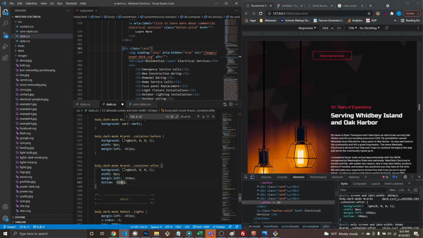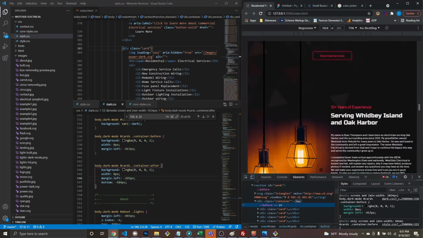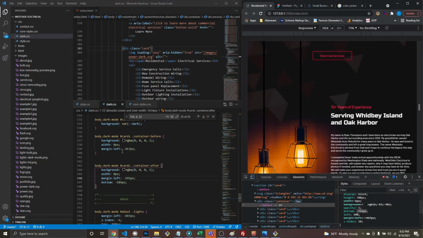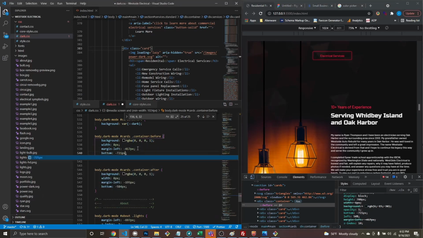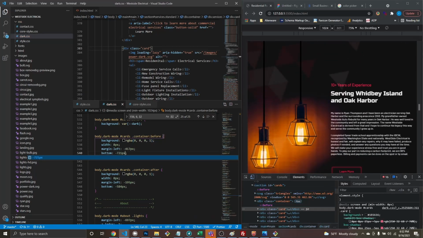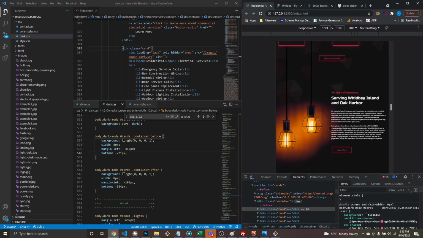After bottom -584, pixel -195. I like that better. And this is just going to come down a little bit. Bottom 721. And there we go. It should be roughly the exact same position, except these look like they're lighting up the section,